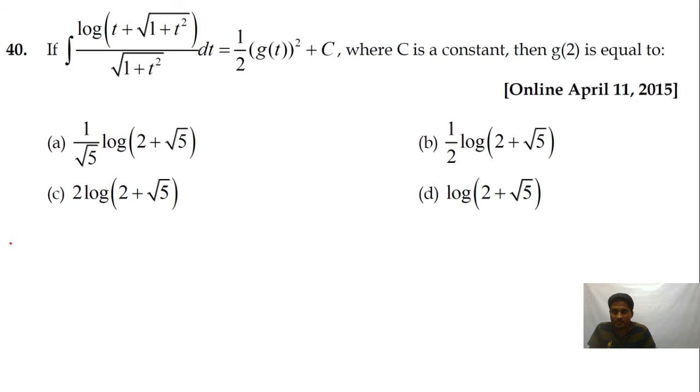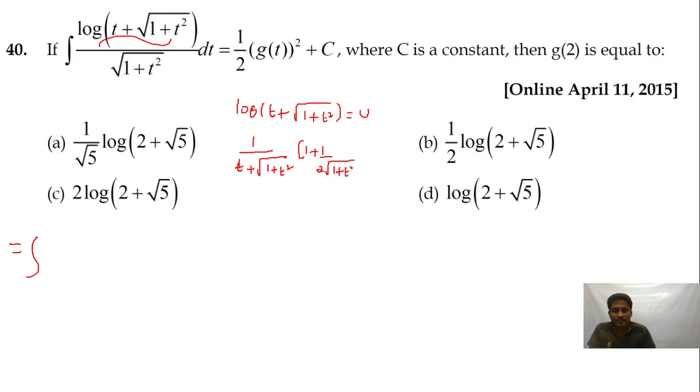Okay, this question is very simple. I'm going to put this as t. I'll put log of t plus root of 1 plus t square, equal to t, is equal to u, some other function. If I differentiate log x is 1 by x, so this becomes 1 by t plus root of 1 plus t square. Differentiation of t is 1, root x is 1 by 2 root x. Differentiation of t square is 2t, equal to du by dt. So this 2 and 2 cancels. So you get 1 upon t plus root of 1 plus t square.